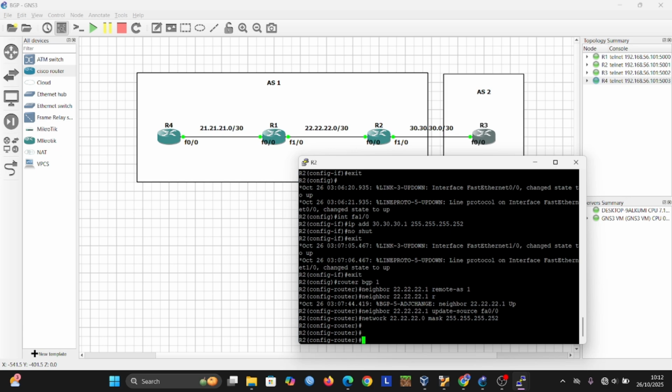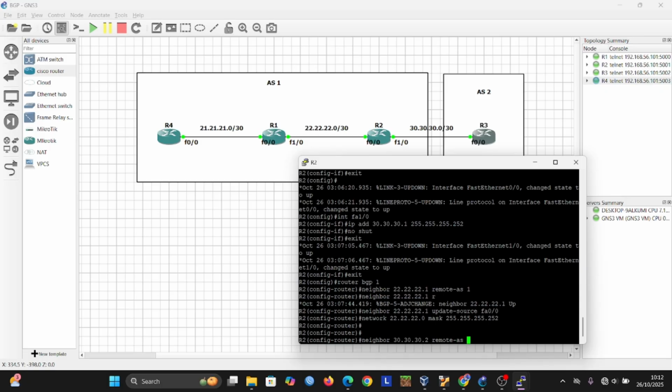Once again we add a neighbor to router 3, with IP 30.2. So we enter the remote AS.